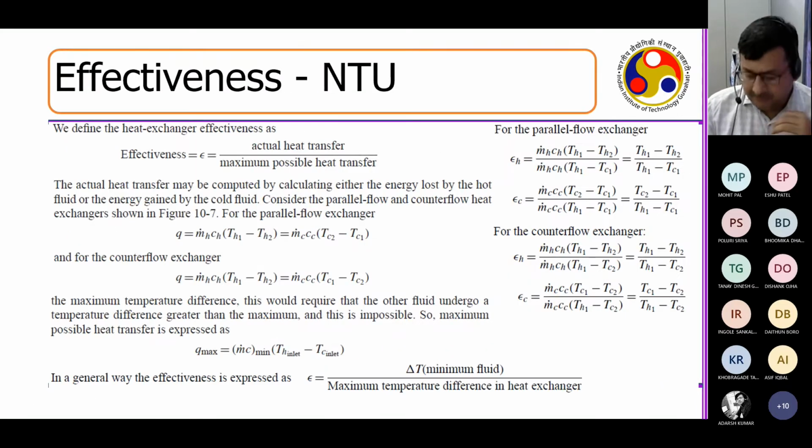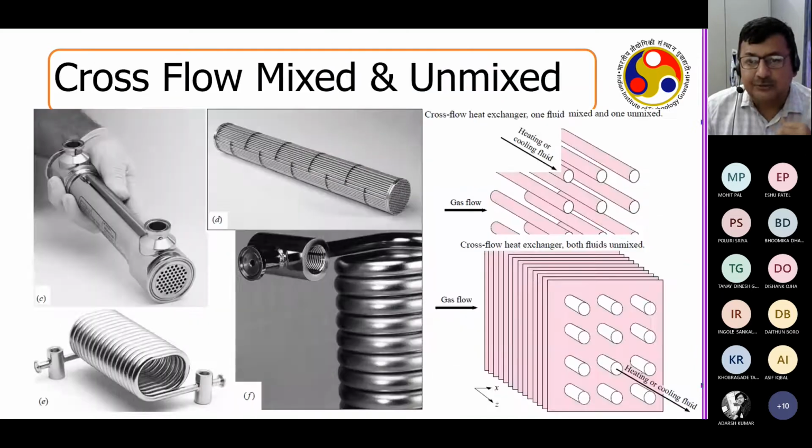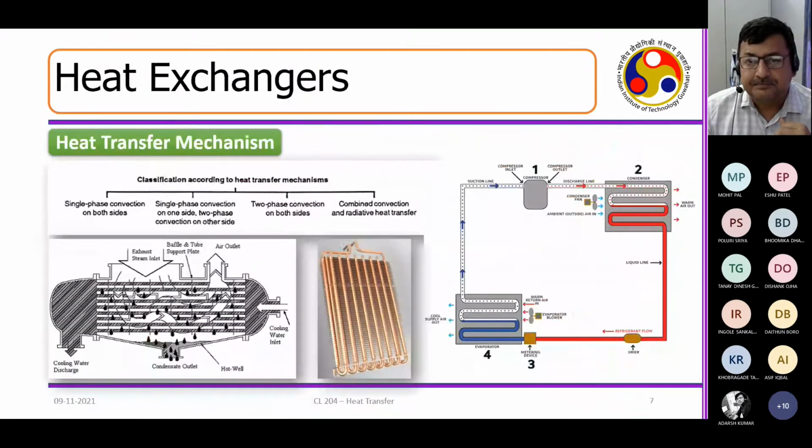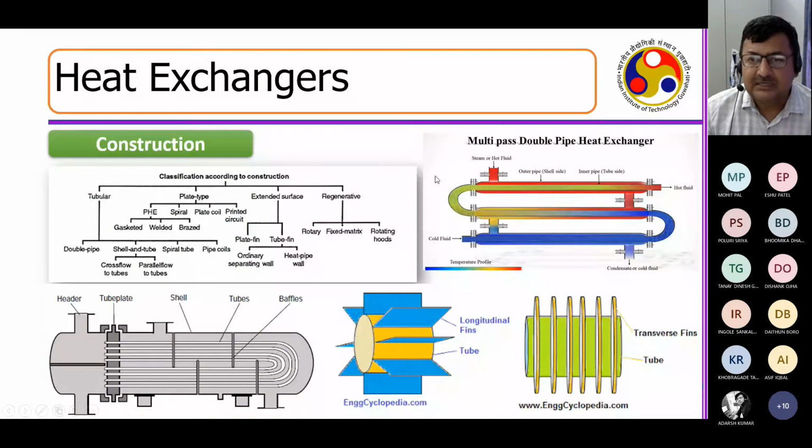Right. Now, say if I go back to this double pipe heat exchanger. What is the difference between a double pipe heat exchanger and a shell and tube heat exchanger? Here I may see there is one tube and one pipe. If I simplify a shell and tube heat exchanger, if there is only one tube and one shell, then that is a kind of double pipe heat exchanger.